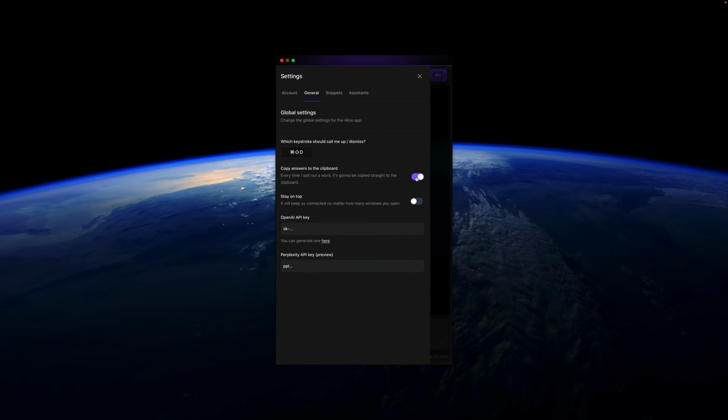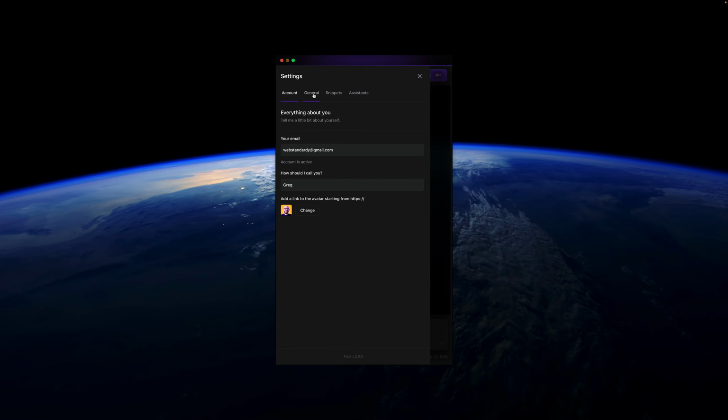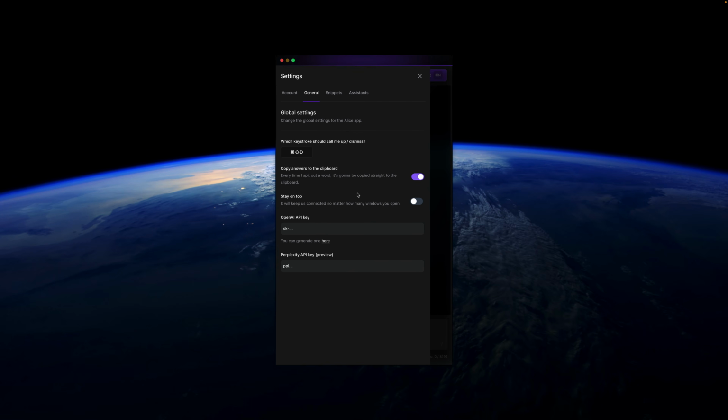And also this feature, copy answers to the clipboard, is turned off by default, but you can turn it on, and I like to turn it on because it will automatically copy all the responses from Alice to my clipboard, so I can easily paste them somewhere else. And if it's not turned on, you can obviously select and copy or click on the little icon next to the Alice's answer and copy the containing text. But basically, I feel that this is so much more helpful when it copies itself automatically. So that's about it from this account tab and this general tab